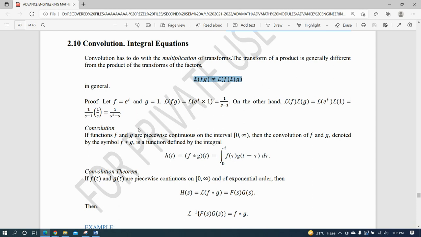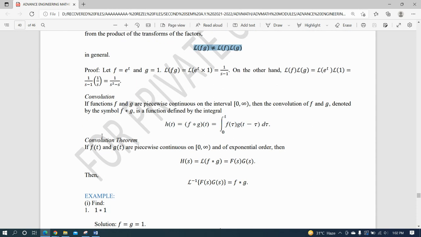Okay, so according to convolution, if functions f and g are piecewise continuous on the interval 0 to infinity, then the convolution of f and g denoted by the symbol f asterisk g. Okay, so that is convolution of f and g, guys. You have f asterisk g is a function defined by the integral h of t is equal to the convolution of f and g, and it is equal to the integral of f of tau g of t minus tau